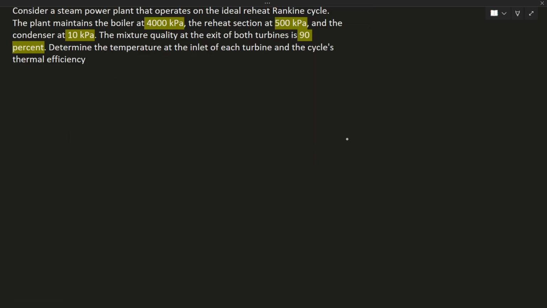All right, let's do a problem just so we can practice, okay? Over here, consider a steam power